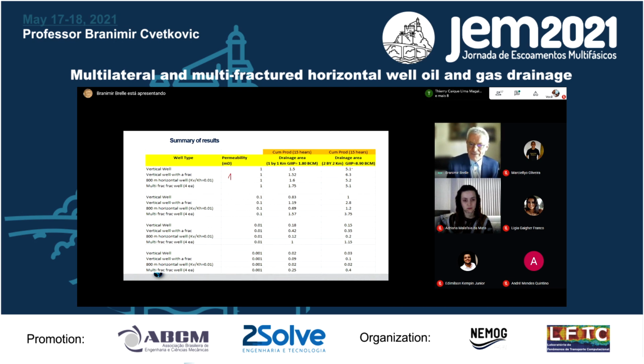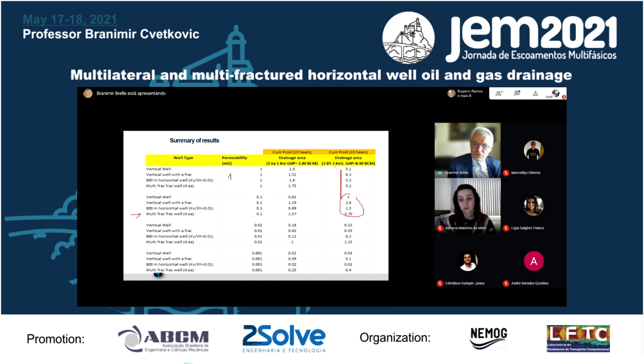You see here, for 1 millidarcy there is not so much difference in between, but for 0.1 millidarcy I have variation. Look at this. For 0.1 I also have variation, and here I have even more variation. So surprisingly, the biggest contribution for a multi-fractured horizontal well compared to other wells is when I have this ratio, when